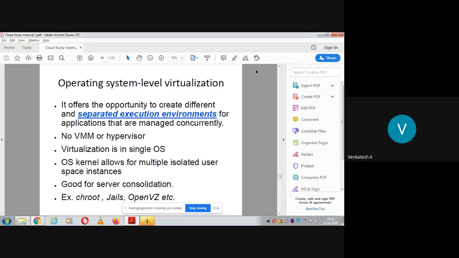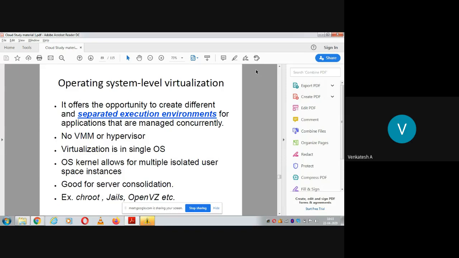Say, for example, let us assume you have OS level virtualization, and you are running three different applications concurrently. That means you have one OS running three applications concurrently. Now the duty of this OS is to create three separate isolated environments for all three applications. That means there is no intervention of the address space of one application with the address space of another.